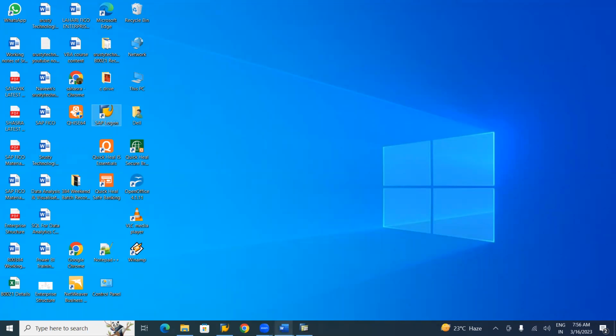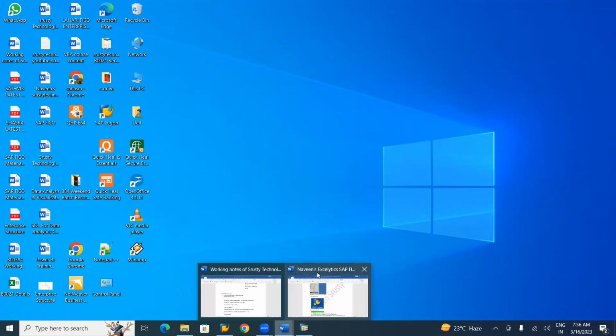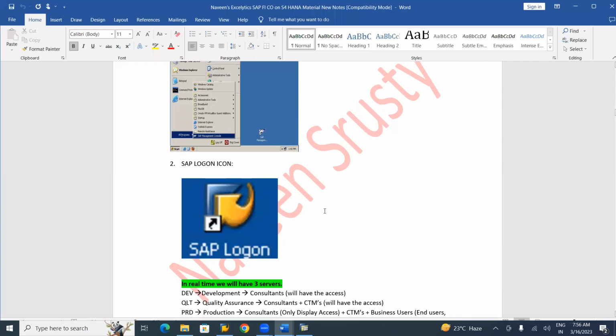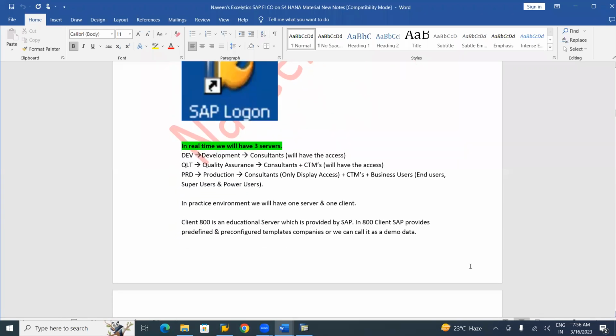No, Naveen. So once we switch it on, for example, login, this is the common logon screen, logon icon, whether we install or we have taken a remote access, right? As I said, in real time we have a development server, quality server, and production server. We know that the development server is for consultant access, right? And the quality server, both consultants and core team members will have access. And production server,